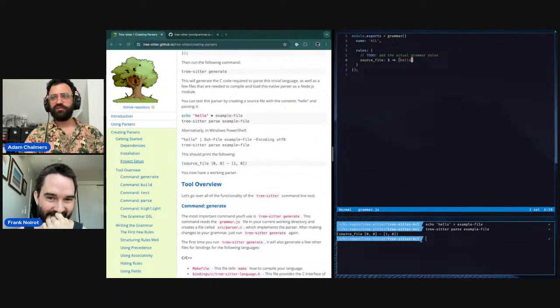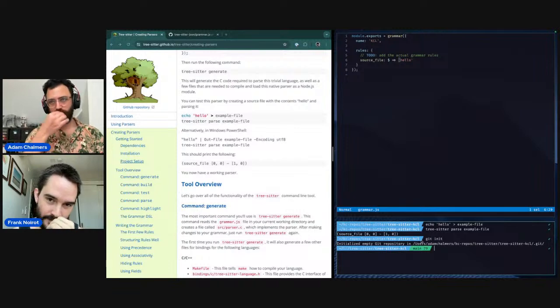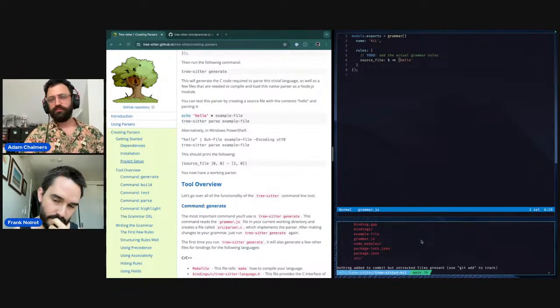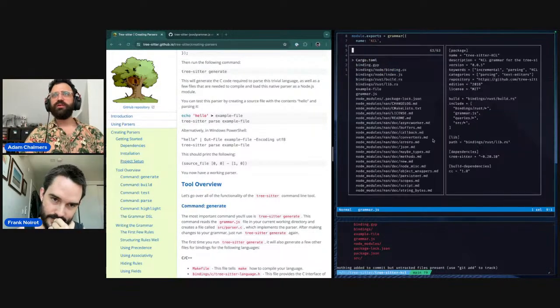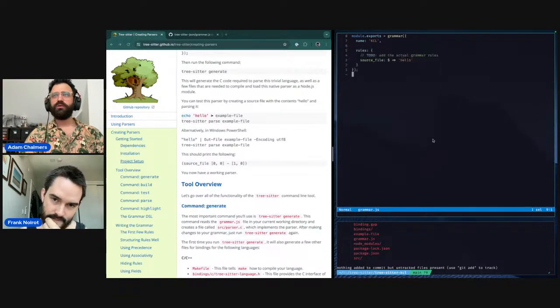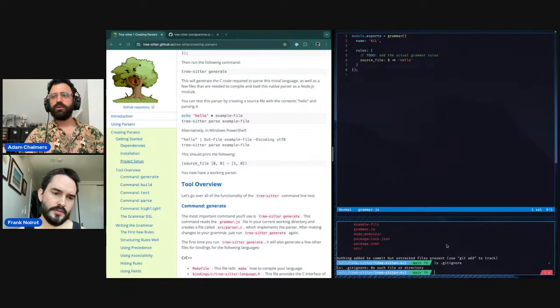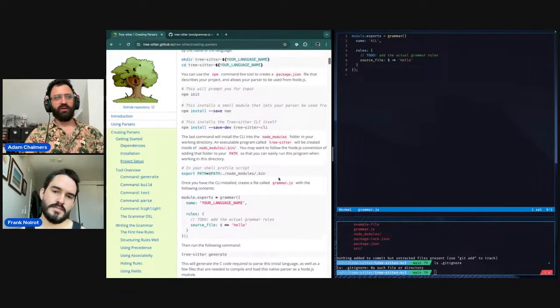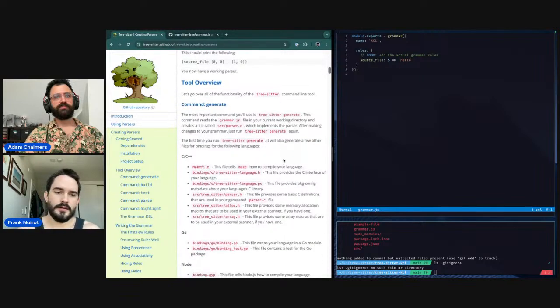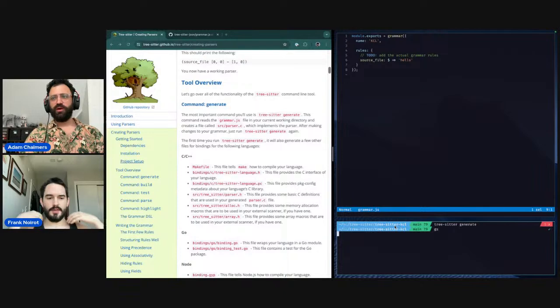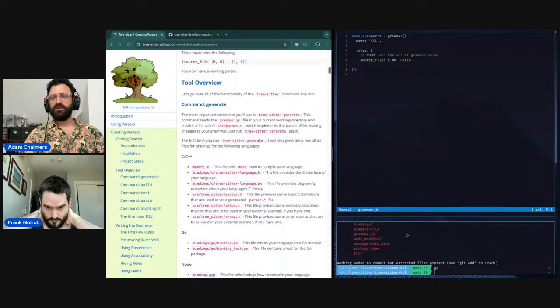Cool. So let's just make this a Git repo. I think they should already have a .gitignore. No. Huh. To ignore the build. For some reason, I thought they would generate the .gitignore. None of the steps you did were like, maybe if it was like an npm create, but we already ran tree-sitter generate, so yeah. Anyway,